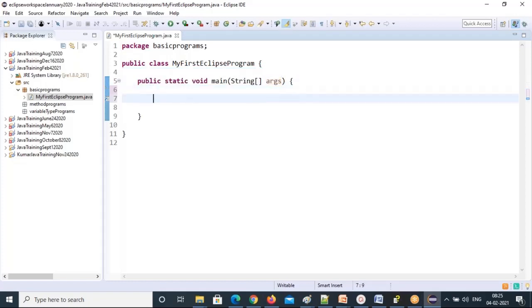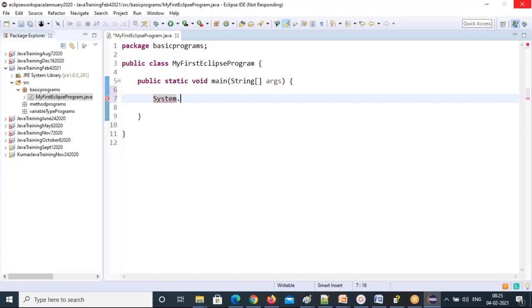So first, I will write some statements. How to write a statement? I want to print something. How can you print? There is a System class, predefined in Java, with capital S, which you can use anywhere. System dot, I'm calling one member of that class, the out variable, because I want output.